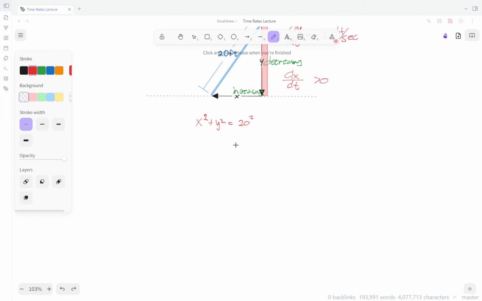Okay, so now let's solve this one. Now that we have our expectations, we're going to find the time rates by taking the derivatives. You have here 2x dx/dt plus 2y dy/dt. And this makes our derivative simple because this is just equal to 0, since 20 squared is constant. Divide by 2. So we're interested in dx/dt. And now, as you can see, this one becomes negative y dy/dt